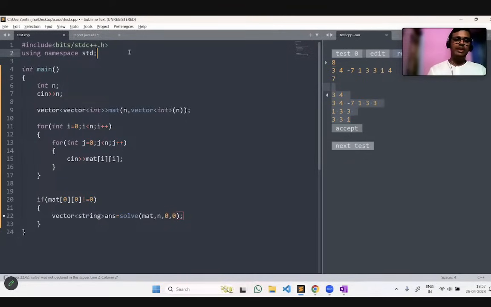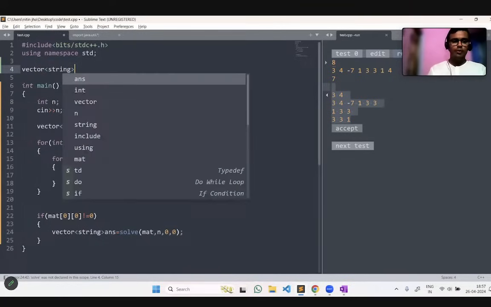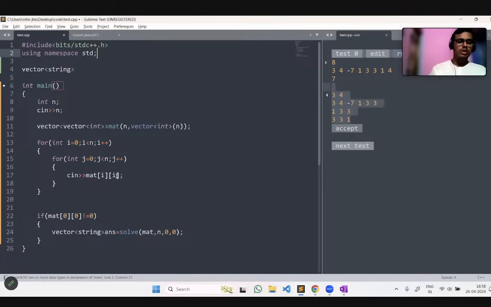So let's now write the function here. So vector of string of, okay, a few comments are coming. Okay, I can see a few comments. Okay, yes, I comma i, yes, I have done here.